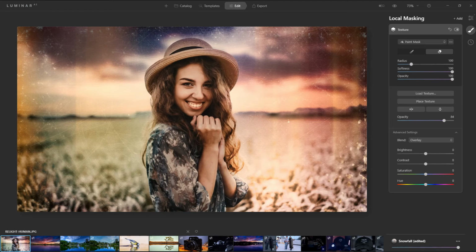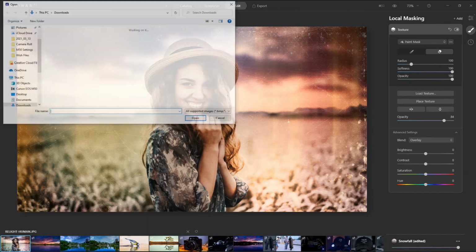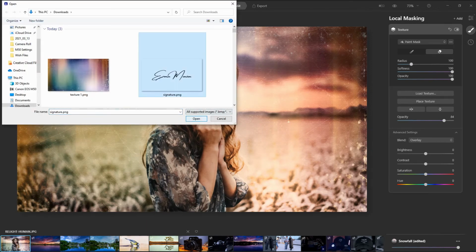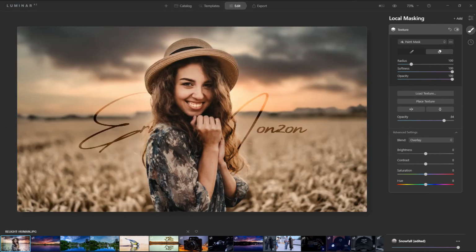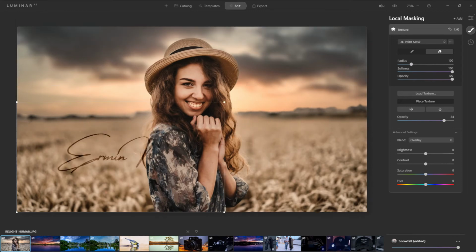And the other benefit of loading PNG files is if you have a watermark or signature, maybe a logo, you could do that here now. So as I load my texture here, if you click on place texture, you can increase or decrease the size by clicking on the handles on the corners to resize it.